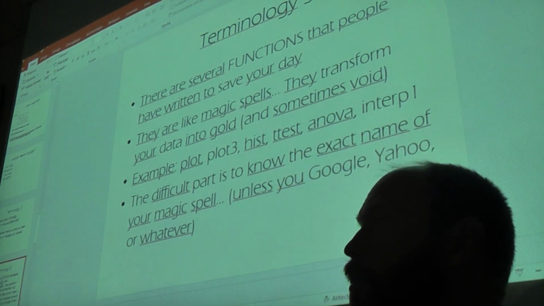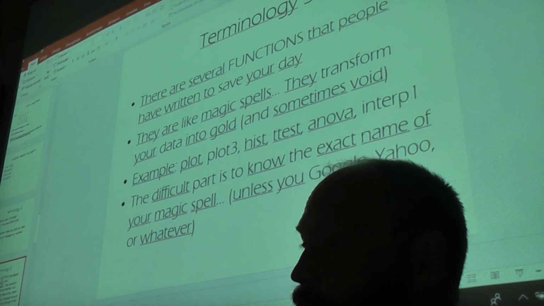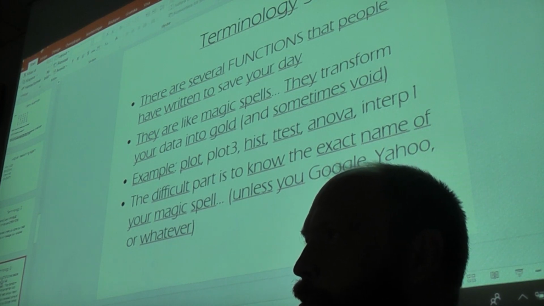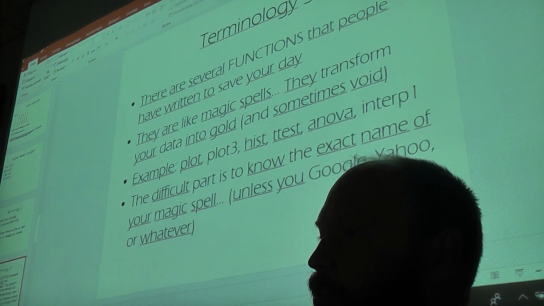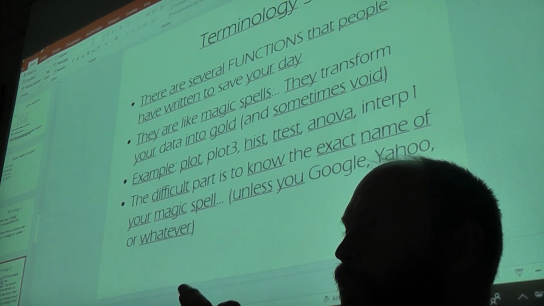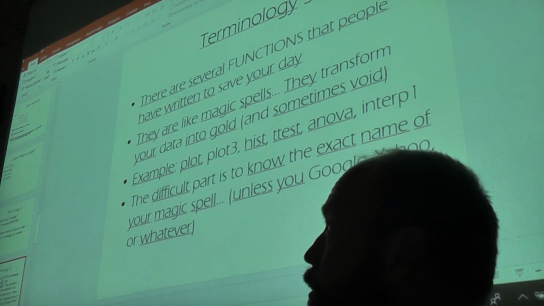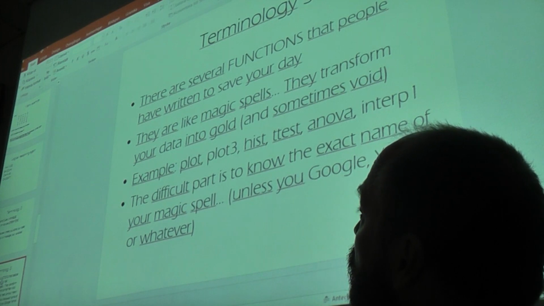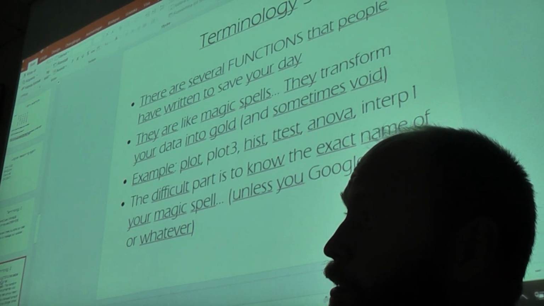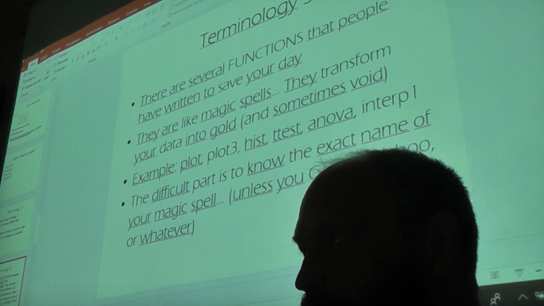Okay, so I showed you a function before, hello world. And functions are equally important as operators. I more often talk about functions than operators. Functions are a block of code that will do something with your variables, your data. So it's like a black box, but it's not black. It's like a white box, a white magic box. You put something into the function, you get something else out.